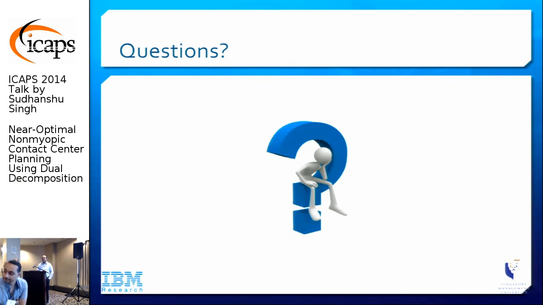Questions? Yeah, one in the back. I'm just wondering, the load on the contact center is different from day to day, or even within the day, for example, at 5 p.m. there may be an increase in load. Does your model deal with it? Yeah, so like I said, we divide the entire planning horizon into 30-minute intervals. So maybe from 9 a.m. to 9:30 a.m. you are getting low volume, but maybe 12 noon to 12:30 p.m. you are getting more volume. So that is incorporated there.